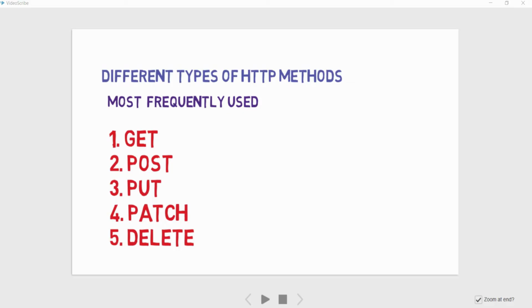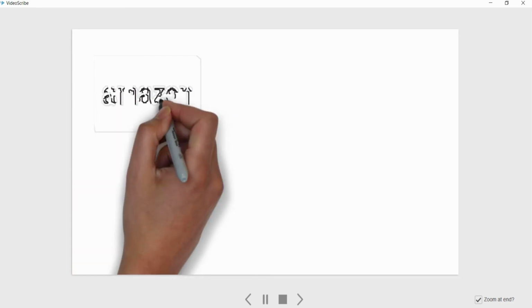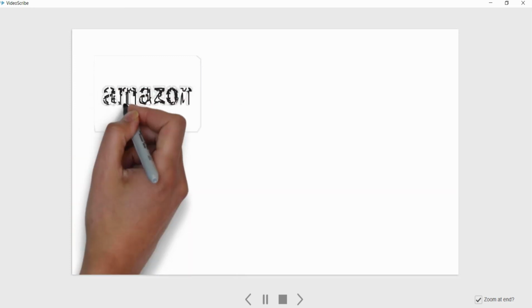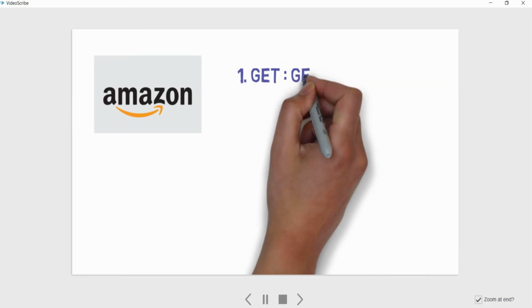Before I go into the implementation part of each HTTP method, let me explain all of these most frequently used HTTP methods by taking a very simple example. To explain these different HTTP methods, I have taken a very simple example of a shopping website, that is Amazon.